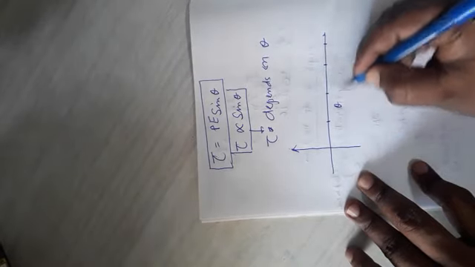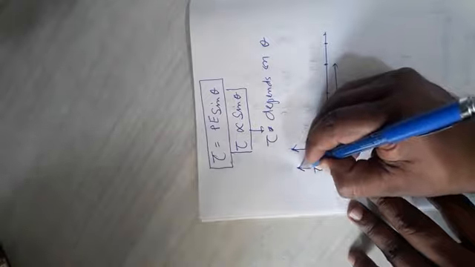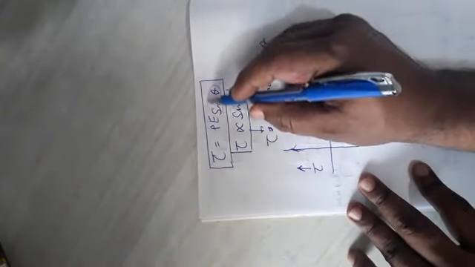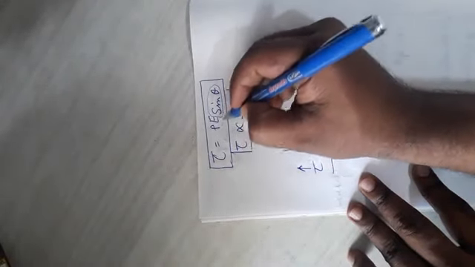On this axis we are going to put theta, on this axis we are going to put torque. Since we know that sin theta varies from -1 to +1, but it is multiplied with PE, so P